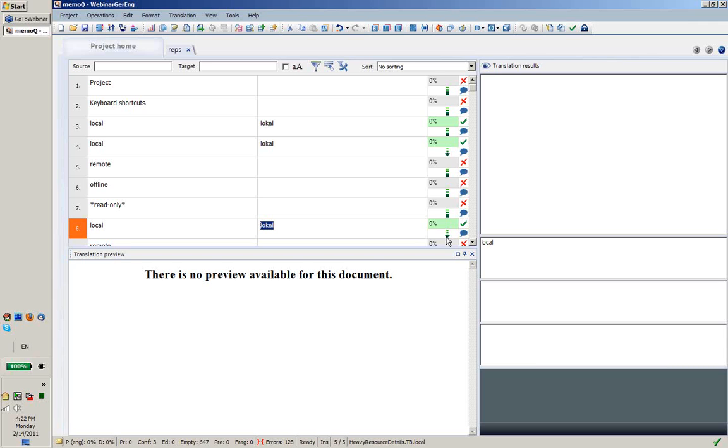Auto-propagation is a kind of function that works only within a single document. Document, in the sense of the set of segments that you see on your screen at once. So if you happen to have repetitions that occur in different documents, then if you're just translating document A, whereas the other occurrence of your segment is in document B, then when you confirm that row in document A, it will not be propagated into document